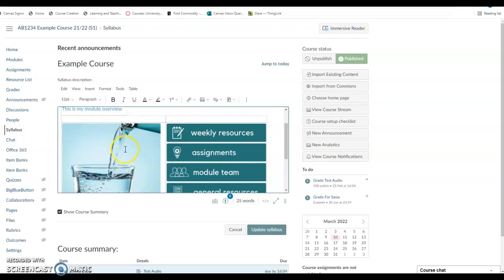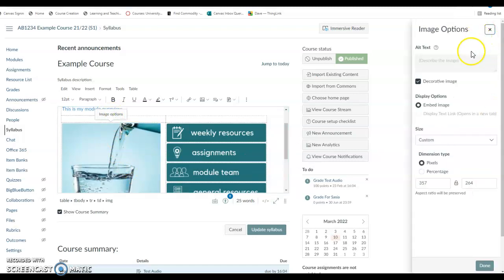Well, the first thing to do is to click on the image and notice that here you've got this image options tab. If I click on that, it'll give me some information about the image here on the right hand side. And one of the things I can do is just note straight off that it's first of all slightly wider than it is tall. So good to know about the proportions, and also I can see that it's 357 pixels wide. I don't need to remember the width and the height, incidentally, the proportions are locked, but it's useful to have a rough idea as to how big the image is and to have a sense of what its proportions are,